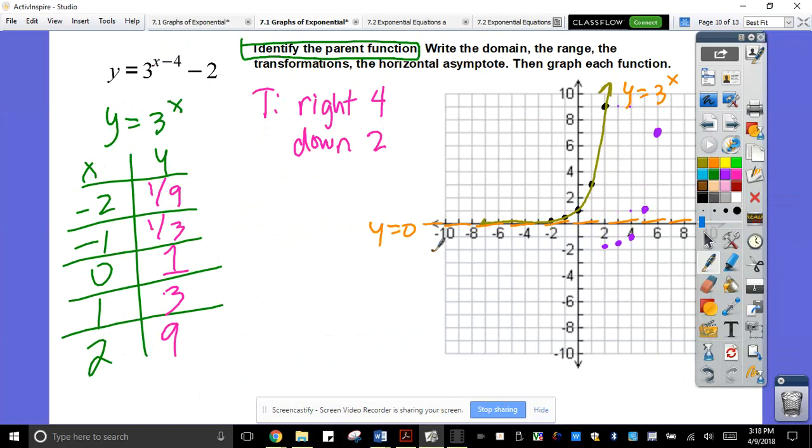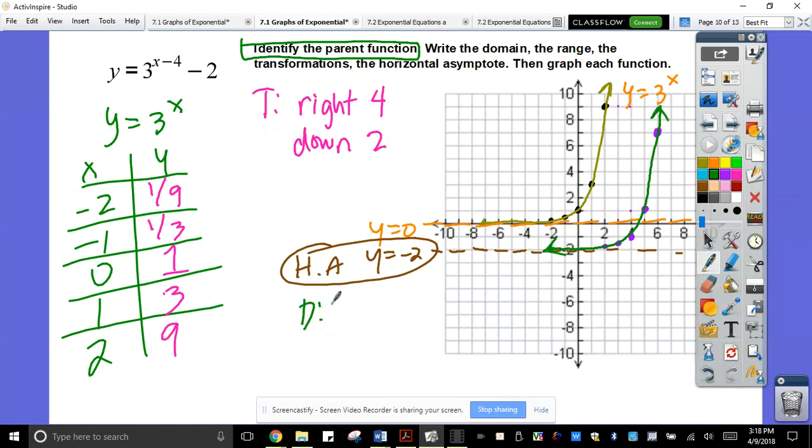Now the asymptote you can see will just go down by 2 units. So this will be y equals negative 2 as the horizontal asymptote here. If we connect all those purple points, we will have a graph like this. The domain will be the same, all real numbers. The range starts from negative 2 going to positive infinity. You good? So just a quick review,